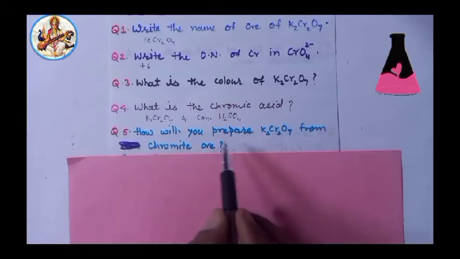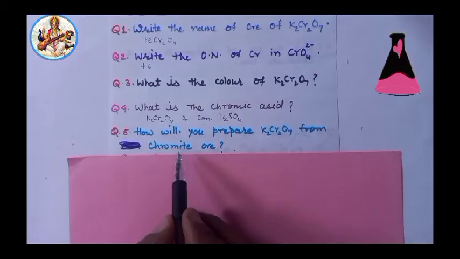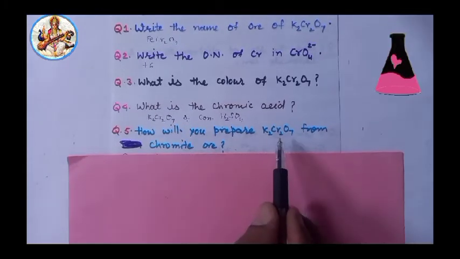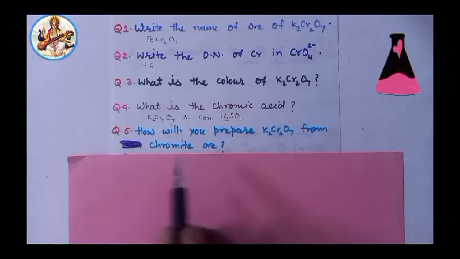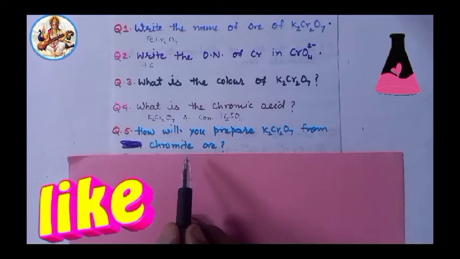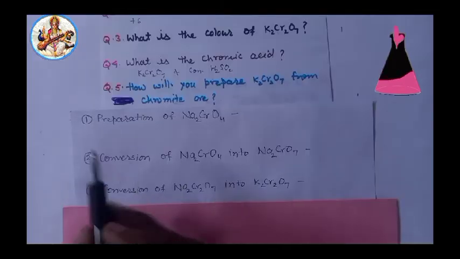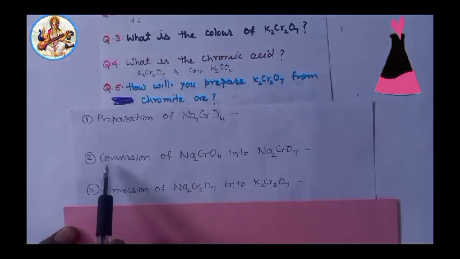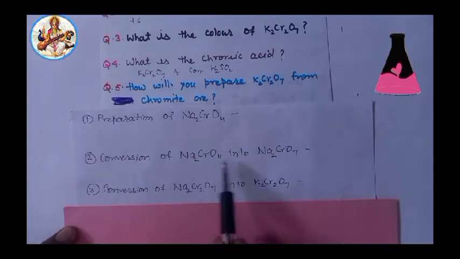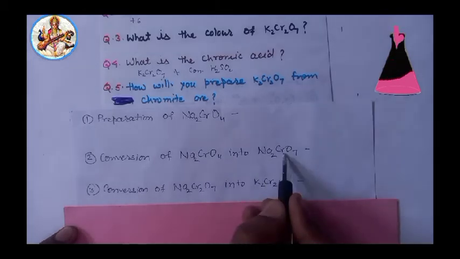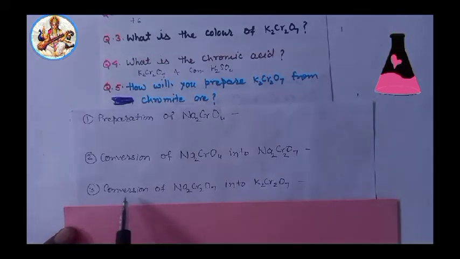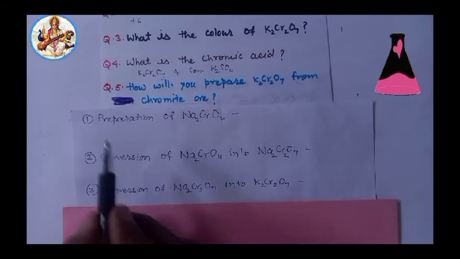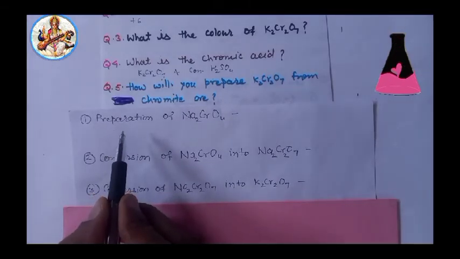Now the fifth question: how will you prepare potassium dichromate from chromite ore? The answer will be: potassium dichromate is prepared from chromite ore in the following steps. First step, preparation of sodium chromate. Second step is conversion of sodium chromate into sodium dichromate. Third step is conversion of sodium dichromate into potassium dichromate. In the first step, the powdered